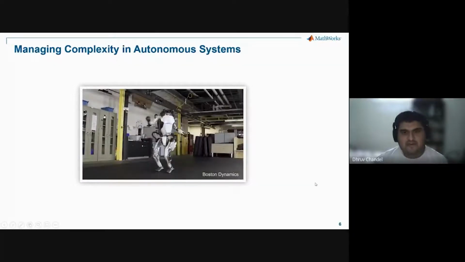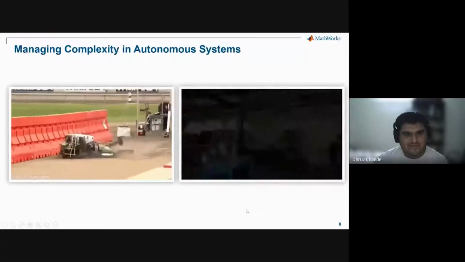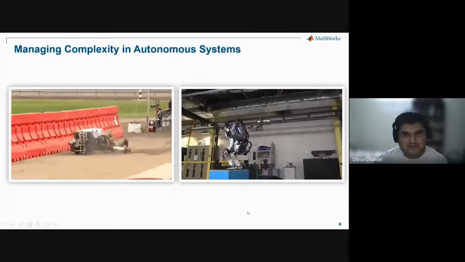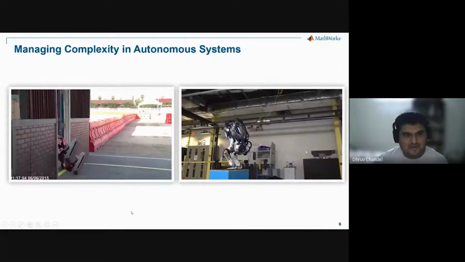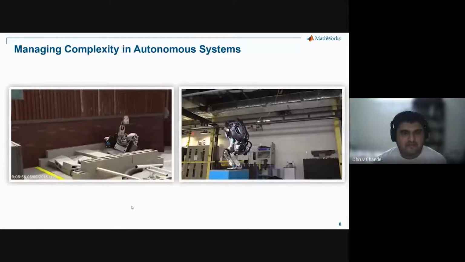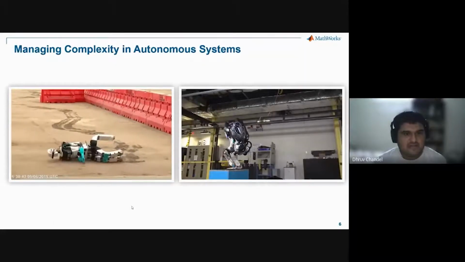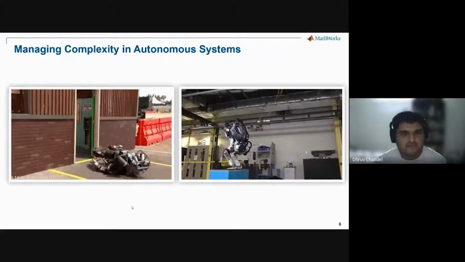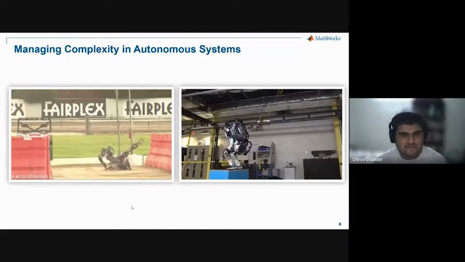But we still have a lot of problems which are unsolved in the area of robotics. So if I show you a couple of more examples of the same robot, you can see even on a flat plane, it's not able to keep its balance. This robot is struggling to open a door and then go through it. Many of these are from DARPA's challenge. So DARPA is the Defense Advanced Research Projects Agency. They make these robot challenges every year that these robots have to open doors and do all kinds of complex things. So you can see some of the funny fails there.